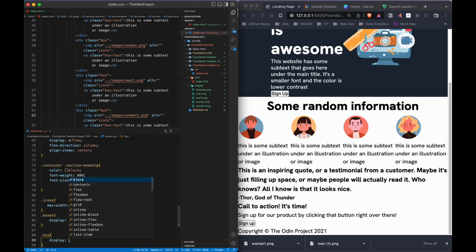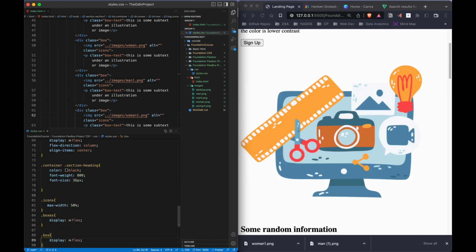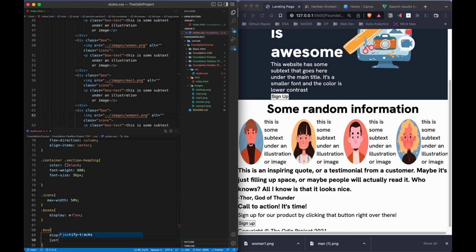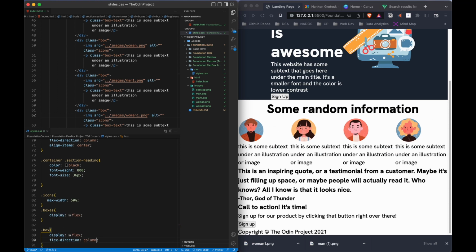Box as display flex, flex direction column. Inside flex direction column, align items, center,